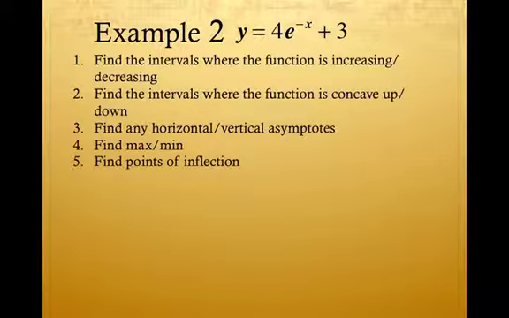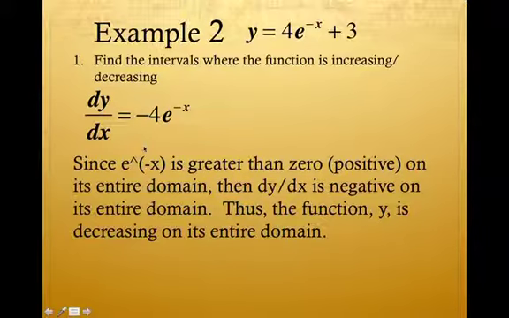Okay, let's take a look at another example, slightly different. We've got a negative up in the exponent. We're going to go through the first three examples. Again, 4 and 5 we're not going to pay attention to. So,